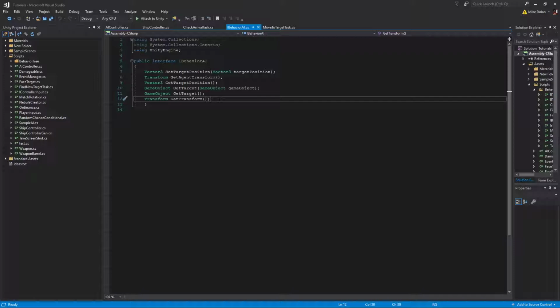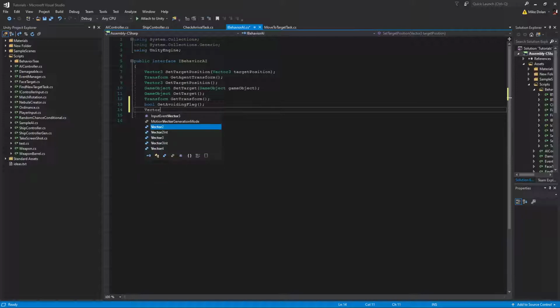In our behavior AI interface, or IBehavior, we are going to add a couple of new methods that we're going to have to implement in our AI controller. One of them is just called get avoiding flag, and then we're going to implement some